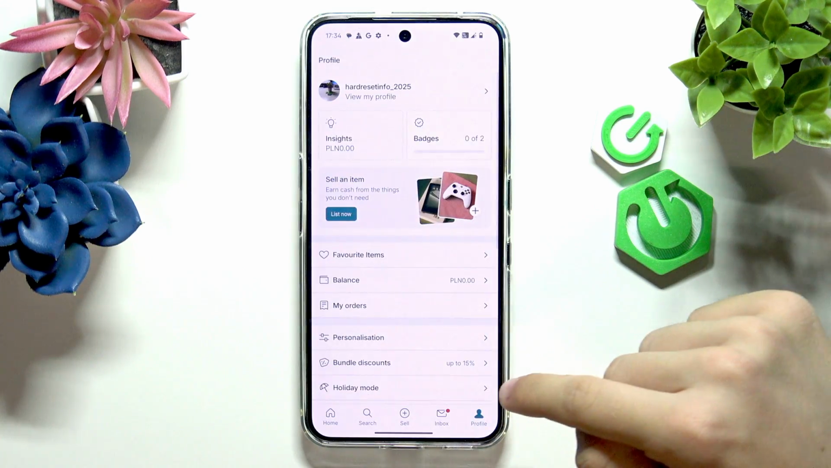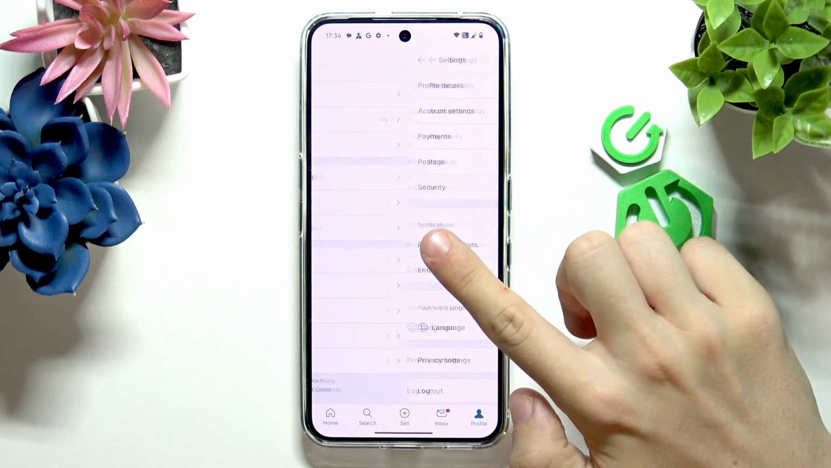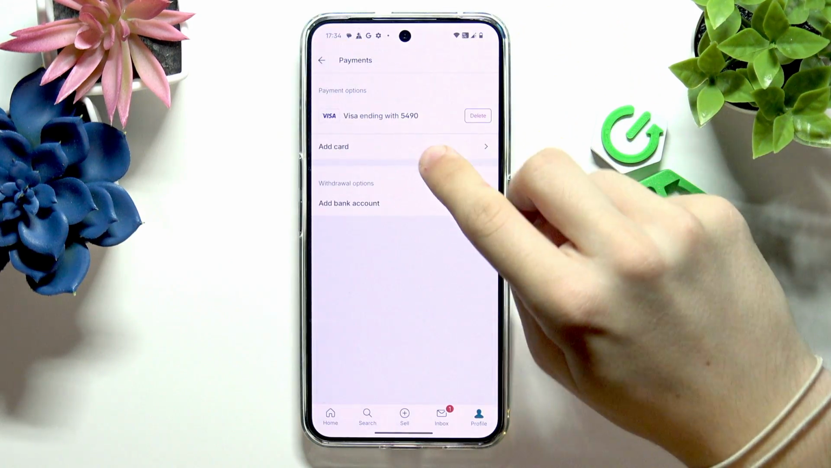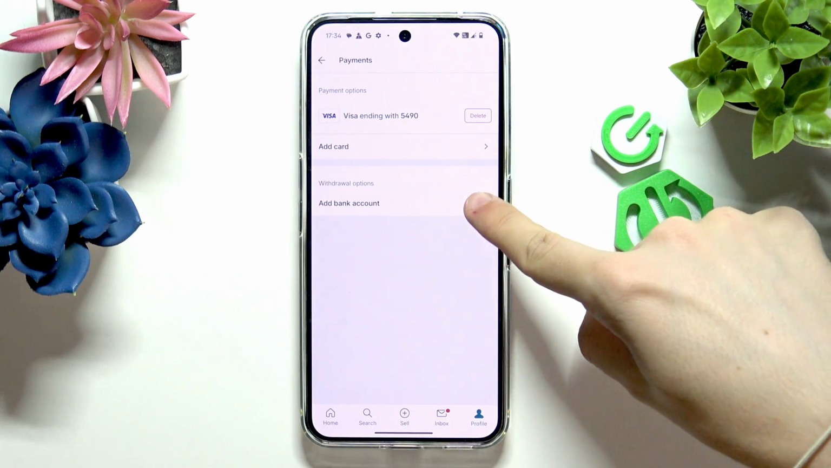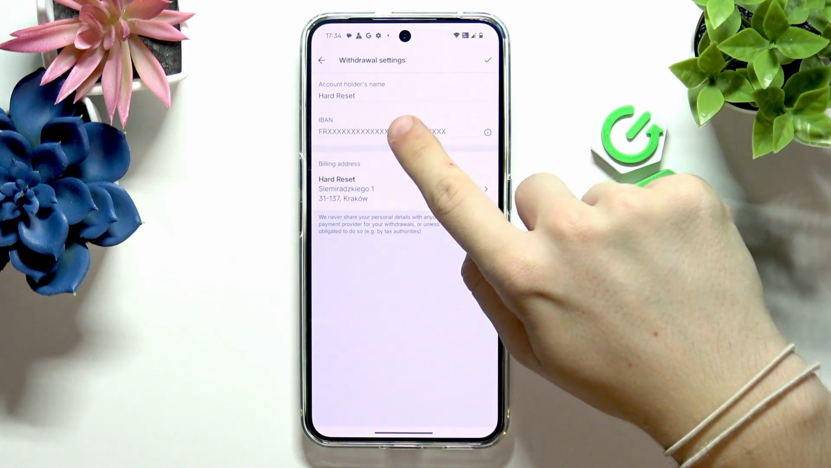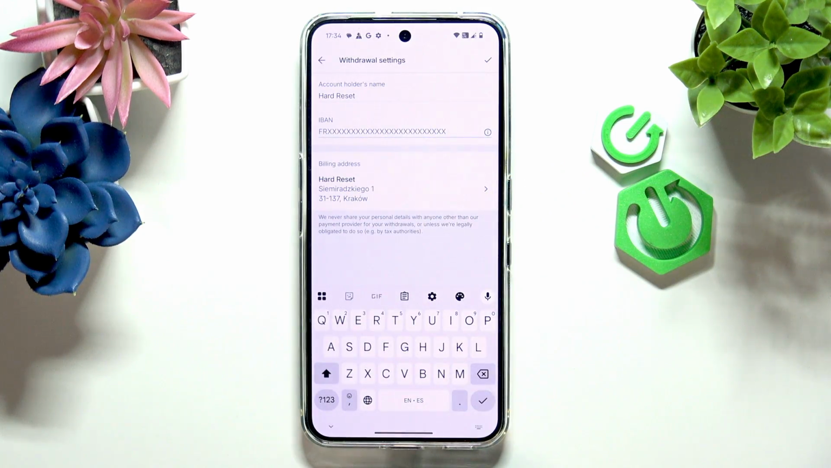So go to Profile, then scroll down to Settings, and now go to Accounts, go to Payments. Now find Add Bank Account, click on that, then you'll need to enter the account holder's name and the IBAN number. IBAN number is the international bank account number, which means it's your bank account number,